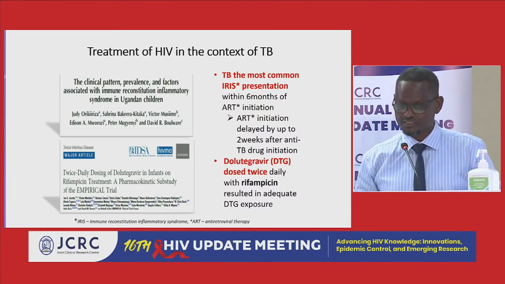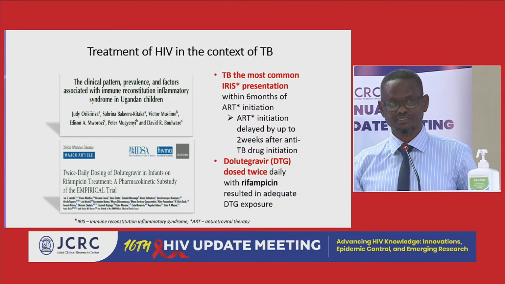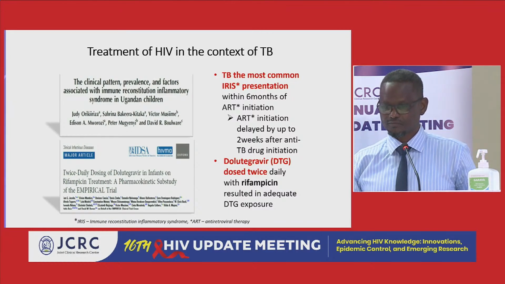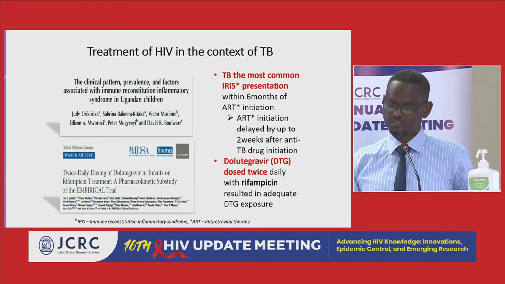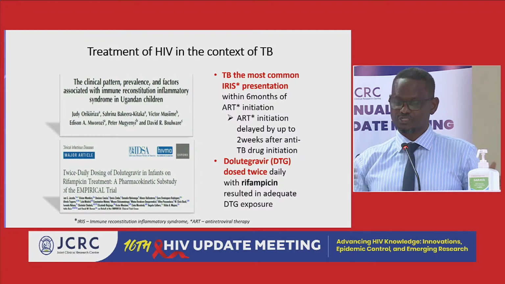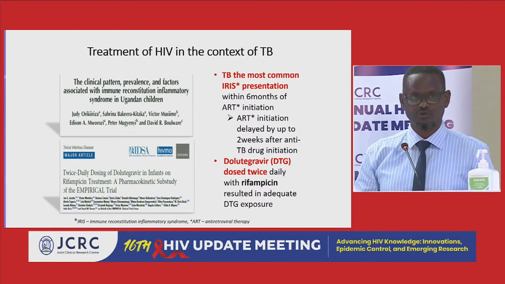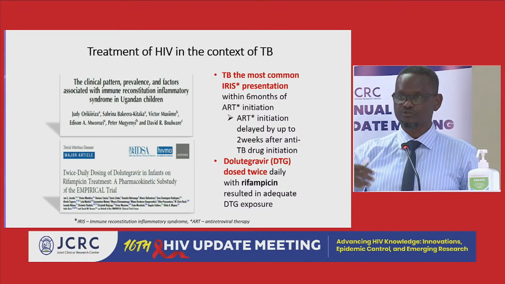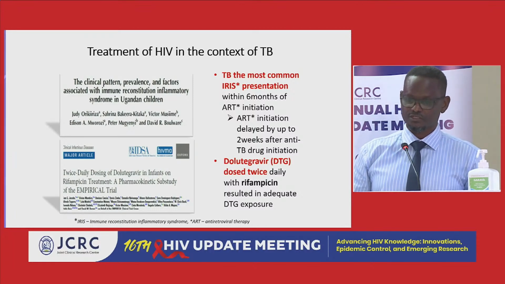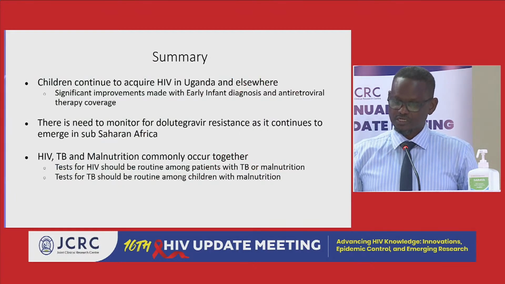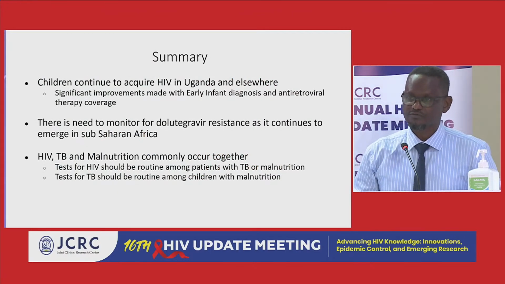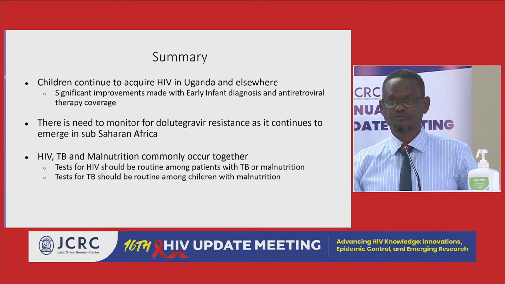So we evaluated this in the empirical trial. These were infants who were on anti-TB drugs and DTG. So we checked whether double dosing was safe and efficacious, and it was, which is encouraging. So continuing to double dose is okay when somebody has HIV and TB, even when they are infants below 1 year. So in summary, what we have seen is that children continue to acquire HIV in Uganda and